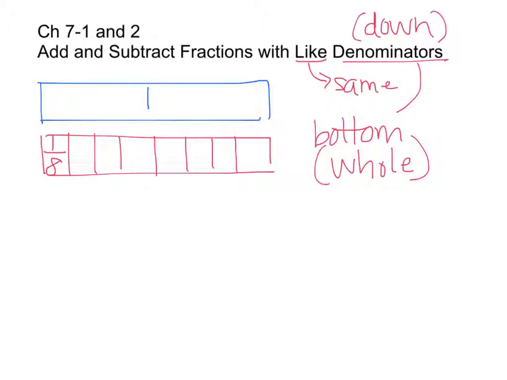And then she stopped to take some photographs of the scenery. Then she traveled another 3/8 of a mile, so we need 3/8 more, 1/8, 1/8, 1/8. So this represents the 3/8, okay, that she hiked. And then she stopped again to take some photographs. So we want to know how far has she hiked. So we're taking the 1/8 that we had here from the first one, plus the 3/8 that she continued to hike on,